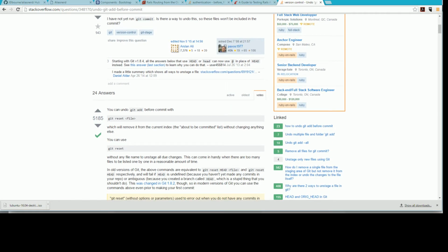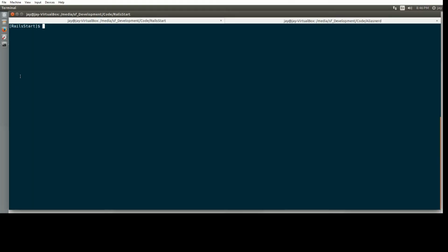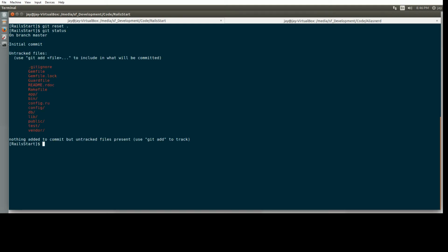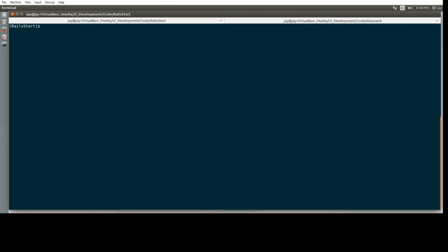You could use a git reset. Okay, so we will try that. Git reset like this, and then git status. Perfect. Okay, so what we want to do here is go through and remove a lot of the files that